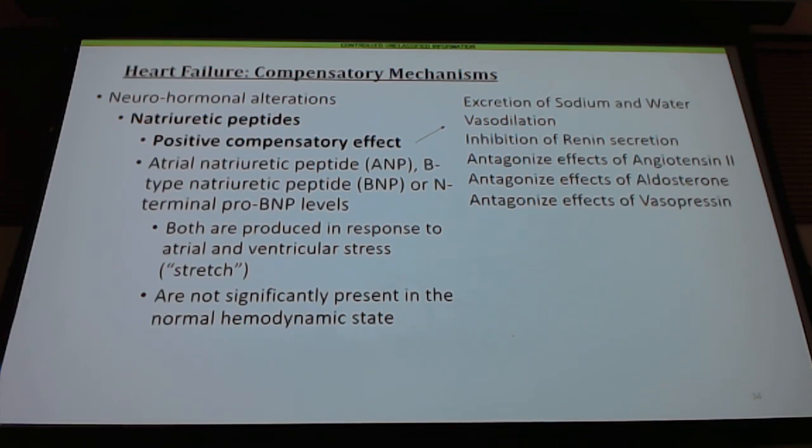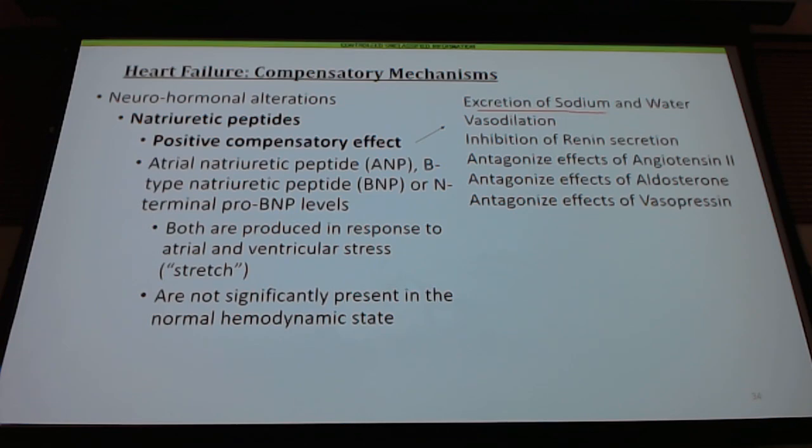But these peptides are released in response to atrial or ventricular stretch. So basically, if I increase my preload in the atria or the ventricle, this system is going to identify that it's getting stretched. It's then going to release these peptides into your bloodstream. And you can see what ends up happening is,